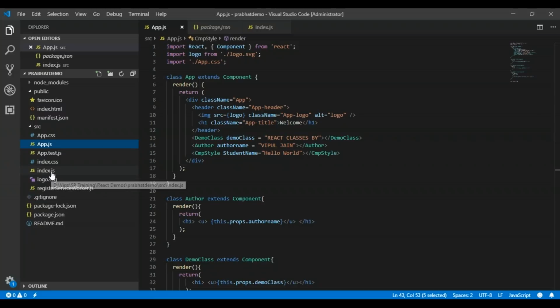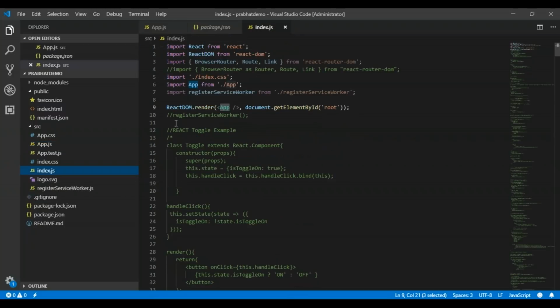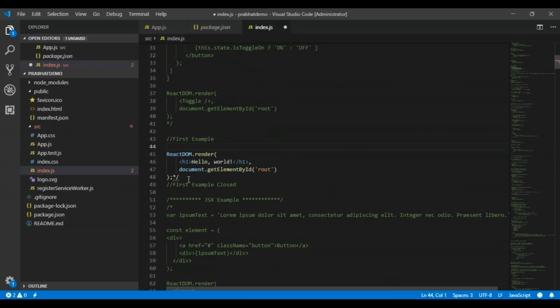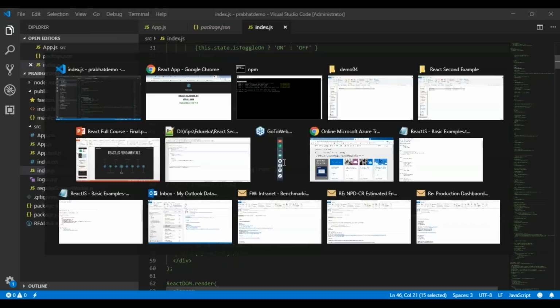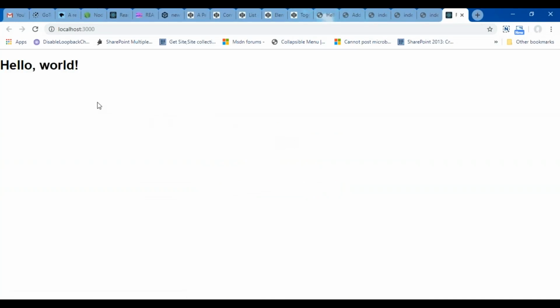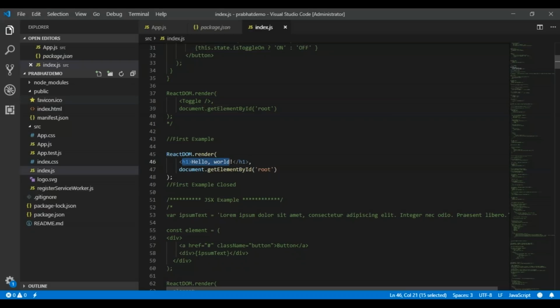Okay. So let's go to index.js and start making some changes in the code. I'll start again with basic JSX elements so that you can understand how we can write JSX. This is a very simple example again, ReactDOM.render h1 hello world. If I go to the screen, I have not saved it. If I save this file and go to the screen, it shows me hello world. I have not refreshed the screen. It's very much reactive in nature.